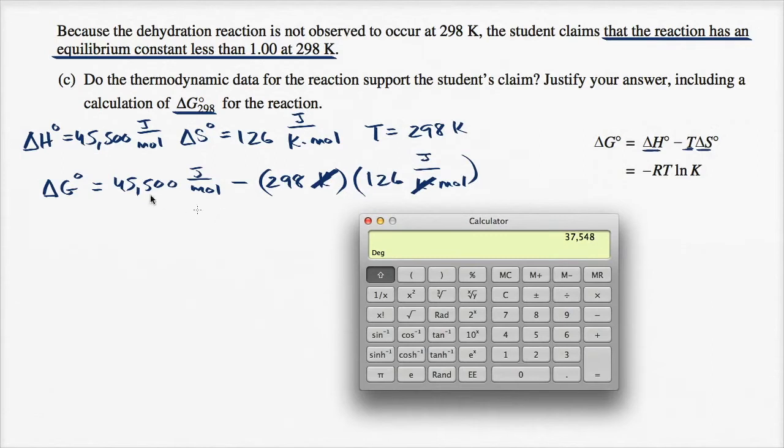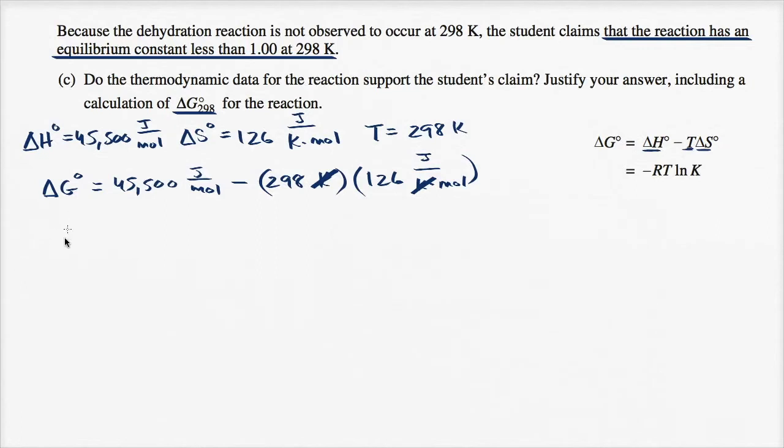And let's see, I'm going to subtract this from 45,500. So let me just make it a negative and add it to 45,500. That is going to be equal to 7,952. And if we want to stay consistent with how many significant figures we have, and it looks like it's pretty consistently 3 significant figures, so we want 3 significant figures here. So we could write roughly 7,950. So our delta G is approximately